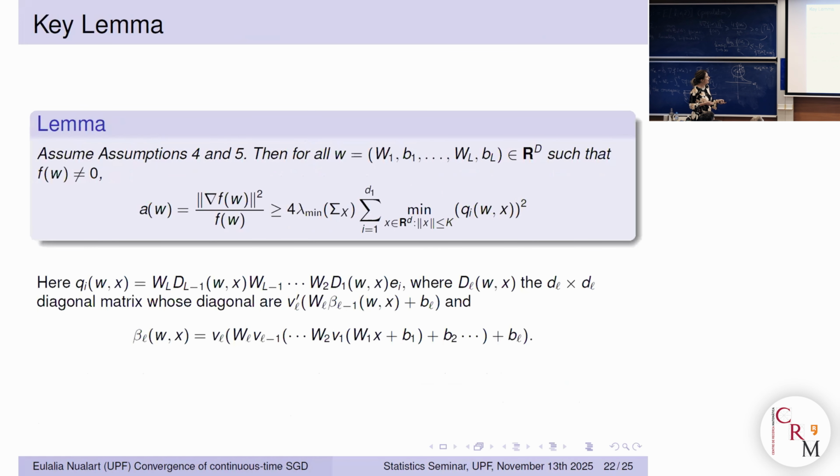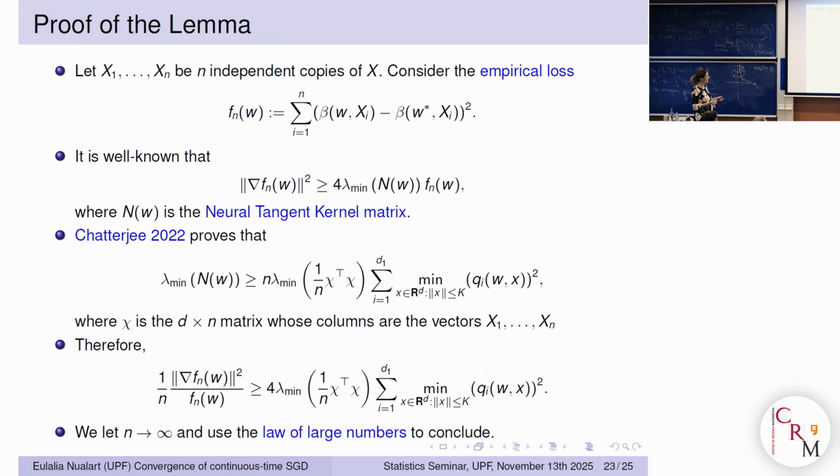Okay. And so here, this is the most difficult quantity to prove, because remember that I told you that we were looking at F to be the population expectation and not the empirical expectation, right? To prove the PL condition, Chatterjee does it with the empirical expectation, but for the population expectation, it's not always true, okay? So under our assumptions, I don't have time to look at the details, but let's say that